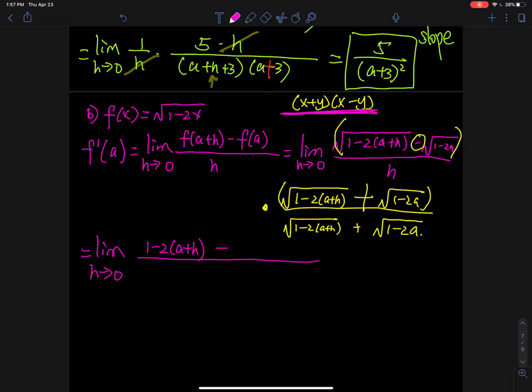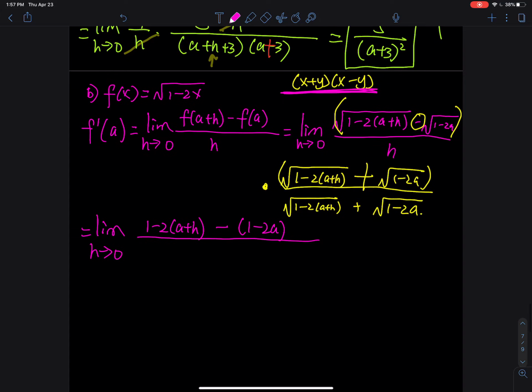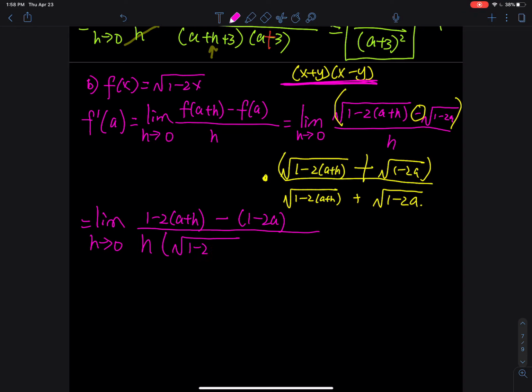the other square root, so that becomes 1 minus 2a, and then the denominator, don't touch the denominator. Whatever it is, just put it down. Don't open up or simplify anything. 1 minus 2 times a plus h plus the square root of 1 minus 2a. Oh, actually, this we only need to close the denominator, right? Okay, so the top,